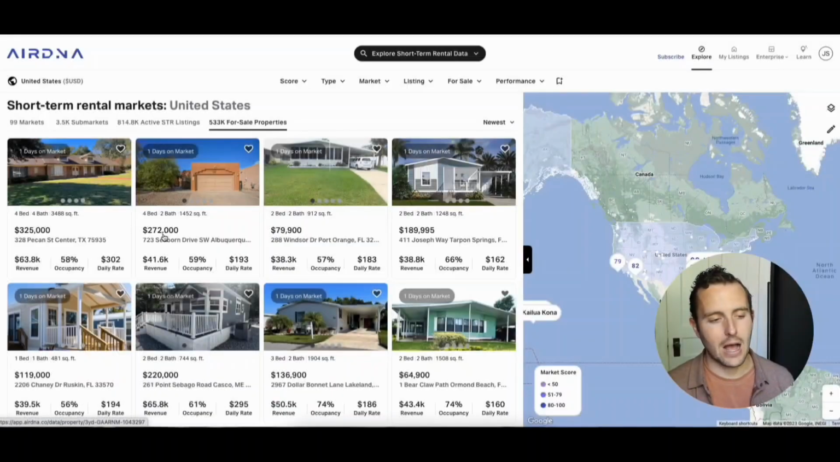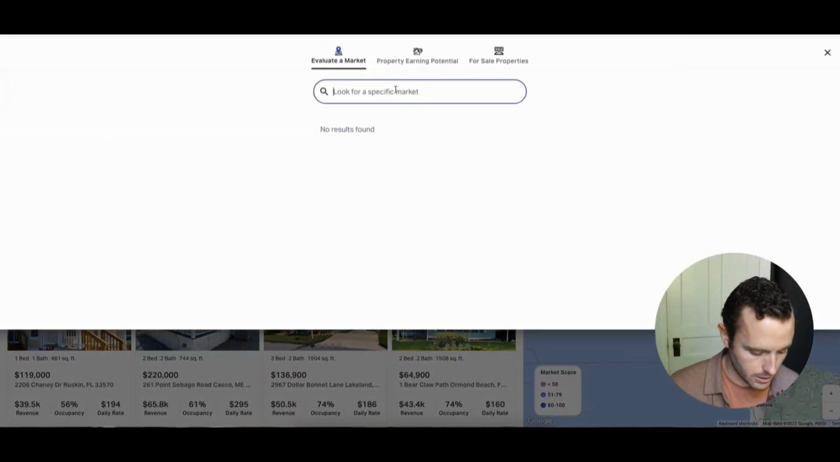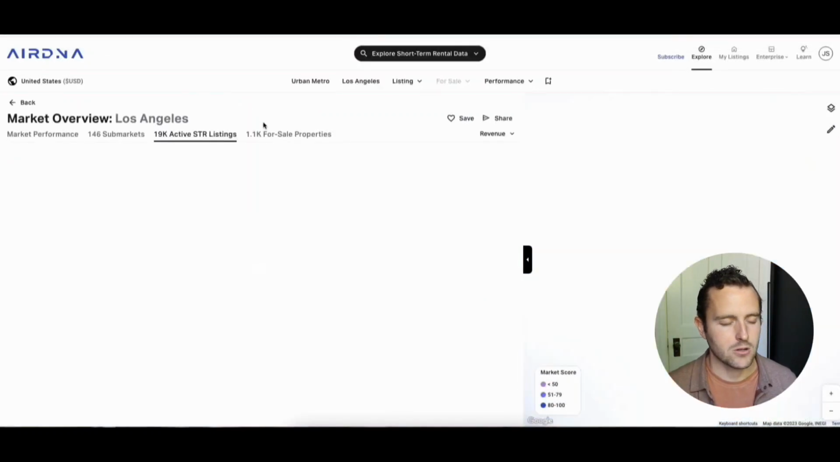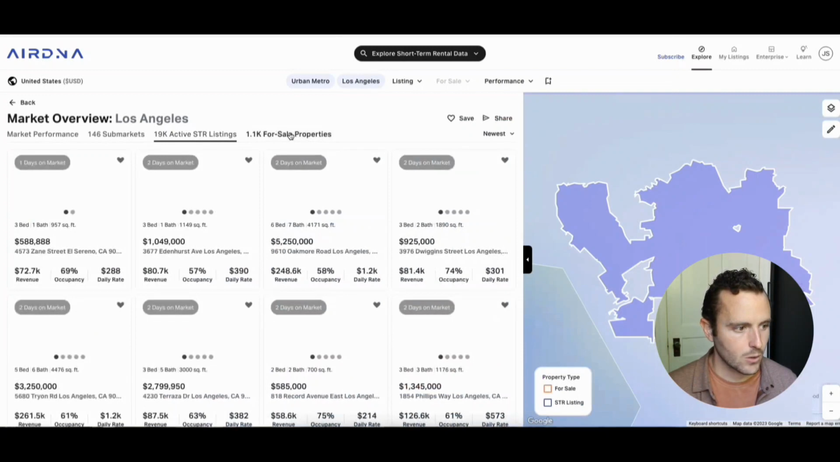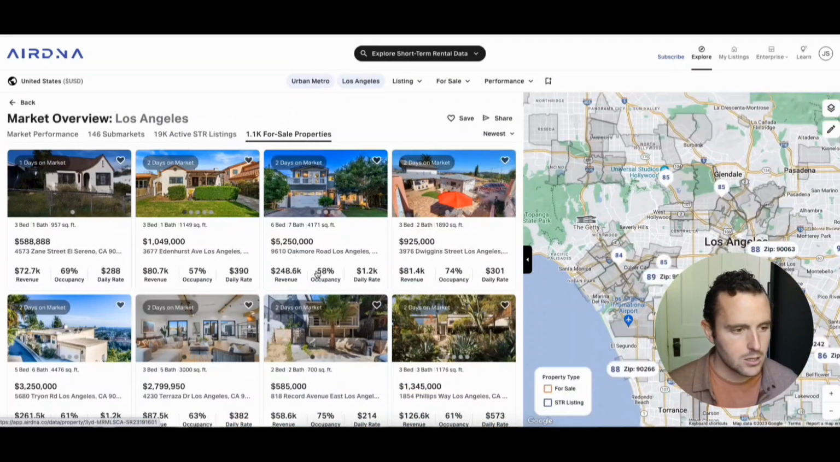It's really just going to allow you to quickly pass on or eliminate properties from your search. Because, for example, let's go into a more granular market. Like let's look at, for example, Los Angeles. Now, if we look at Los Angeles and we look at properties for sale, let's come over here, we can see that, let's say, for example,